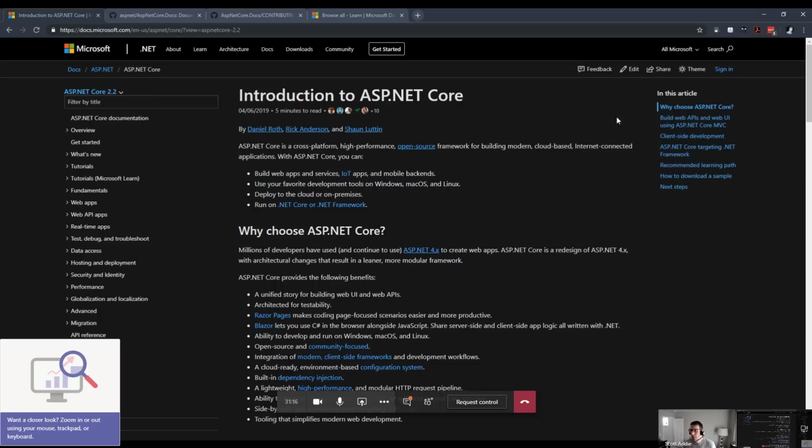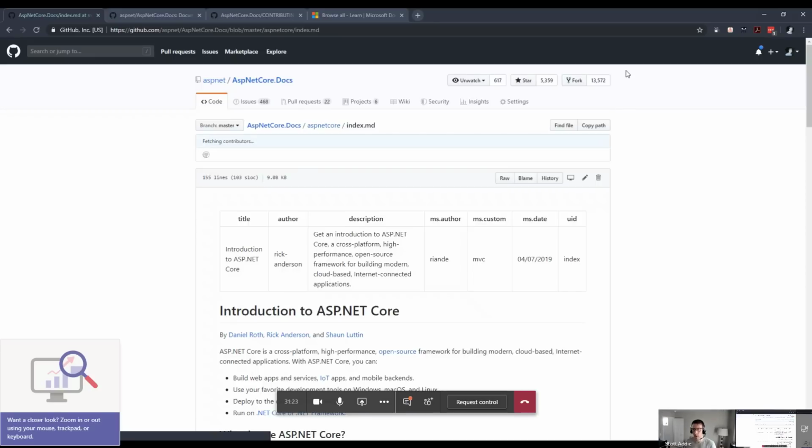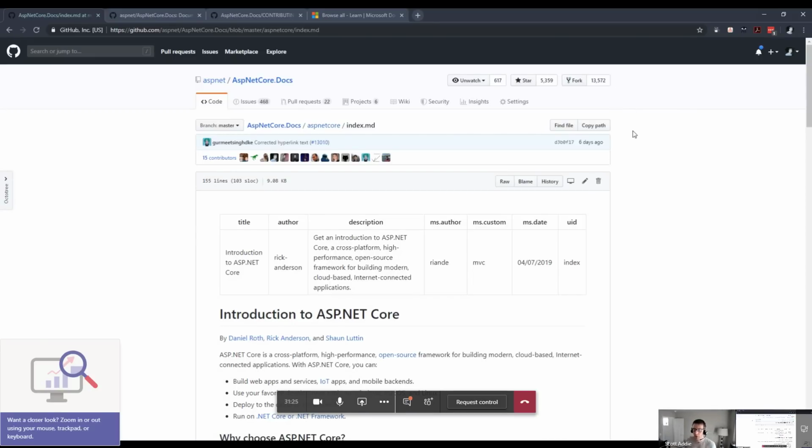You could go up to the top of the page and there's an edit icon here. If you click that, this is the simplest way to contribute. It takes you right into our GitHub repository. All of our docs that we were looking at on the rendered page are open source out here in this repository, github.com/aspnet/AspNetCore.Docs. And from here, what you can do is click this pencil icon to edit the file